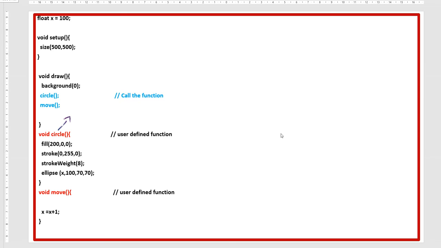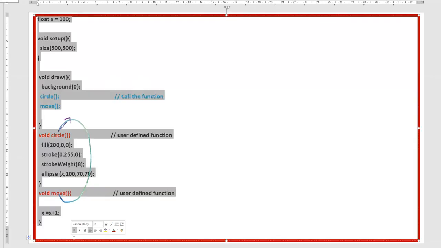Then for how the ellipse will move, I have made another function, and the name of that function is move. How the ellipse should move: x is equal to x plus 1. Instead of writing all these lines in the draw block, I have made my own functions. These functions will not run unless you invoke or call both circle and move in the draw area. So I will copy this for you and run it, and you will see